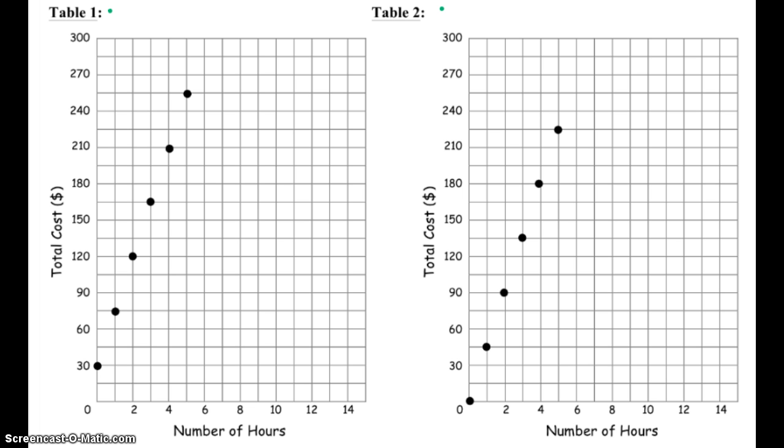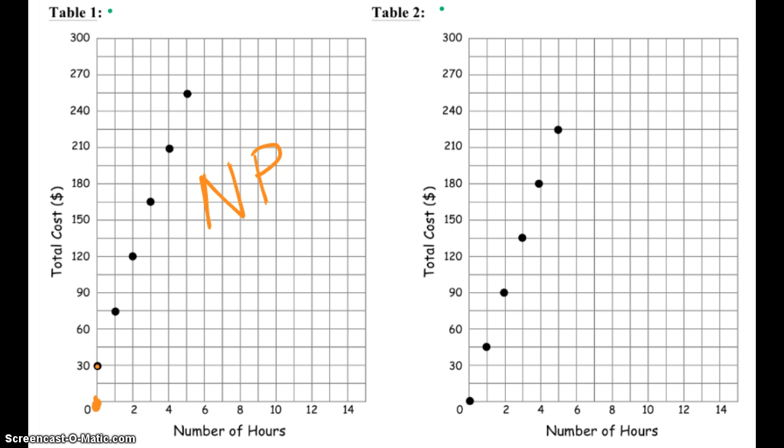non-proportional. Alright, so it's very easy oftentimes to just look at a graph and tell if there's a proportional relationship. The first thing that you want to look at is whether or not your graph goes through the origin. In this particular situation, when our x is 0, our y is not 0, our y is 30. So number of hours at total cost, or when number of hours is 0, cost is 30, so immediately we can tell that this is a non-proportional relationship because it does not go through